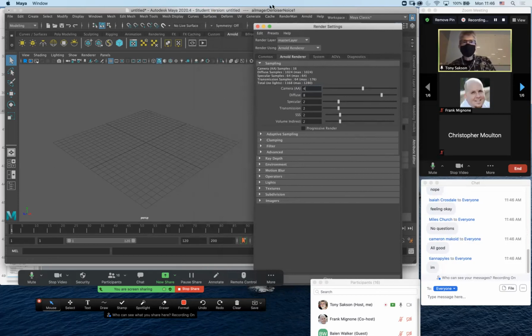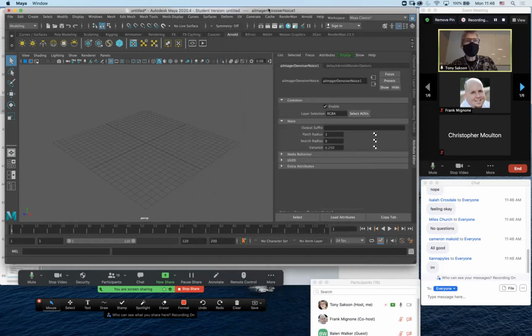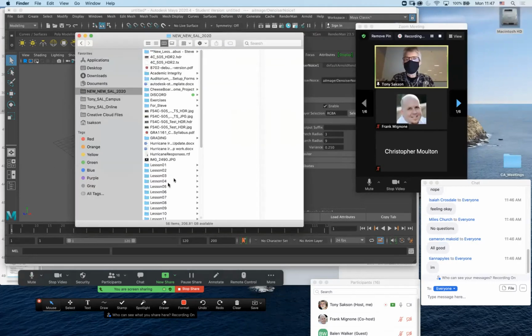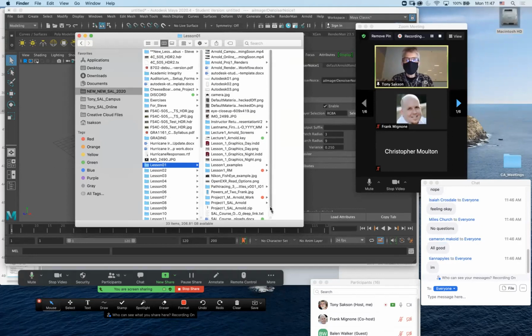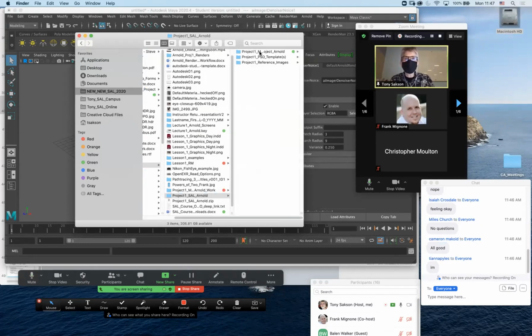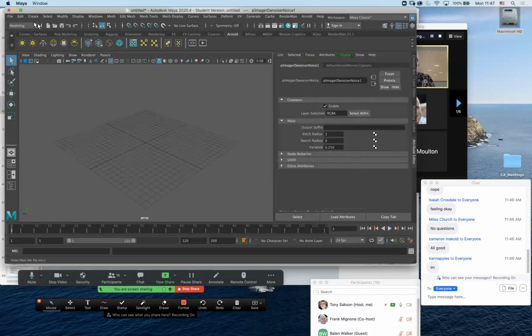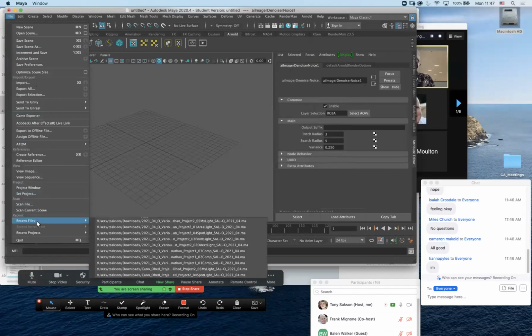All right, so let's take a look at the first example. So the first thing I want to do is, if you haven't done so, download your project. I've got mine downloaded already. And what I want to do is basically set my project to this folder here, my Maya Project Arnold folder. So File, Set Project,